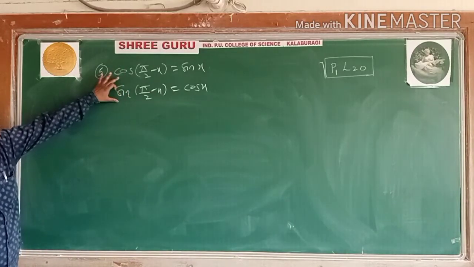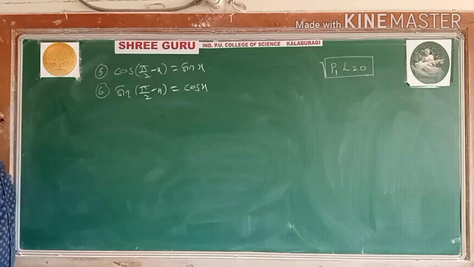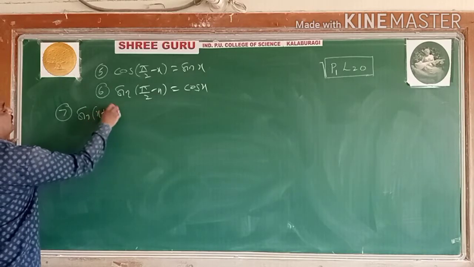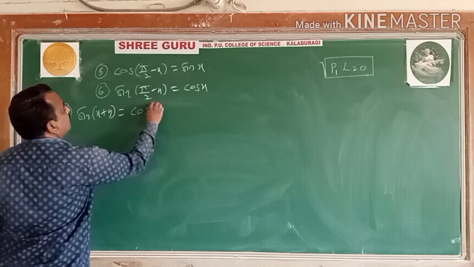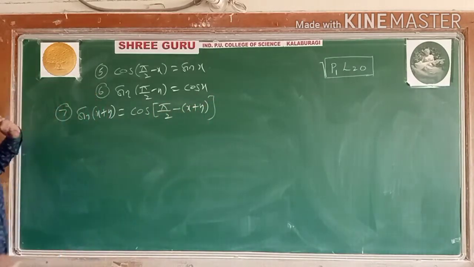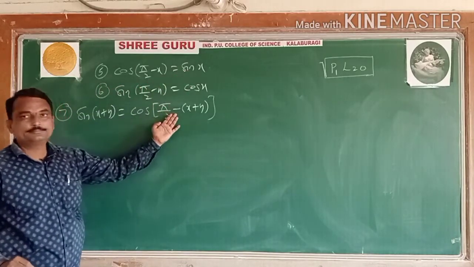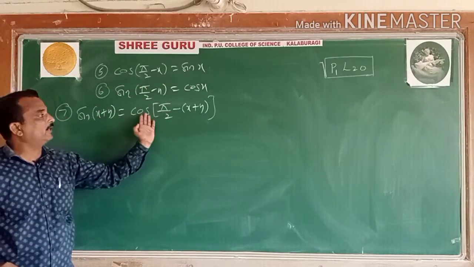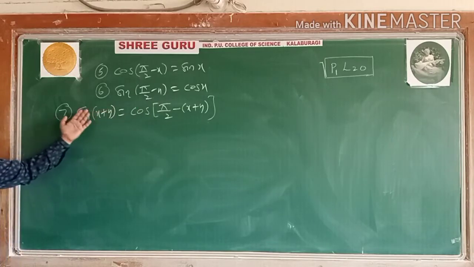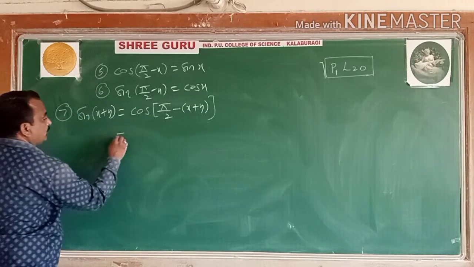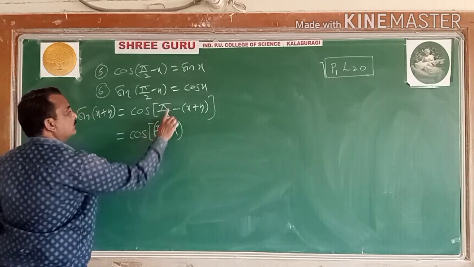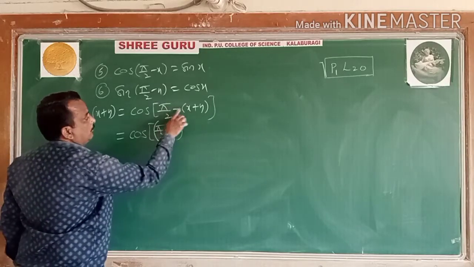Now let us go for the sin of x plus y result. That is the seventh result. See, students, shall I write sin of x plus y like that? I will write pi by 2 minus of x plus y. Is it possible? In terms of cos, sin of x plus y I have taken as cos of pi by 2 minus x plus y. Cos of 90 minus theta is sin theta, is it the same? Here I have given the two results above. Now see, I will write like this: this is pi by 2 minus x, and this y I have taken with pi by 2 minus of y.